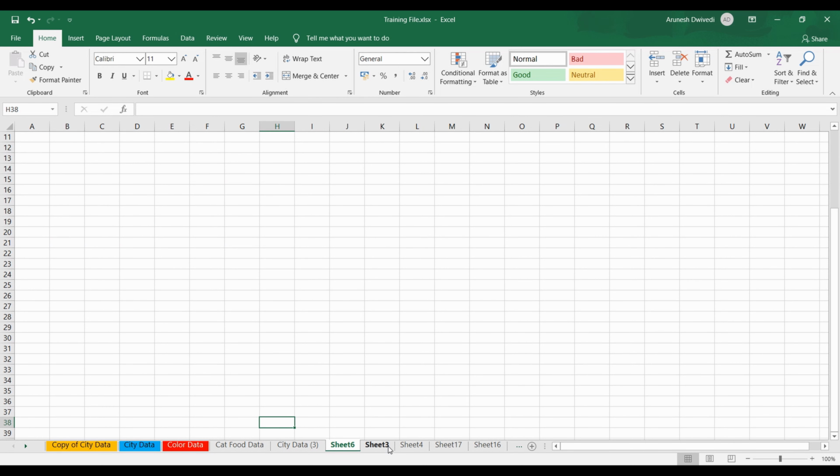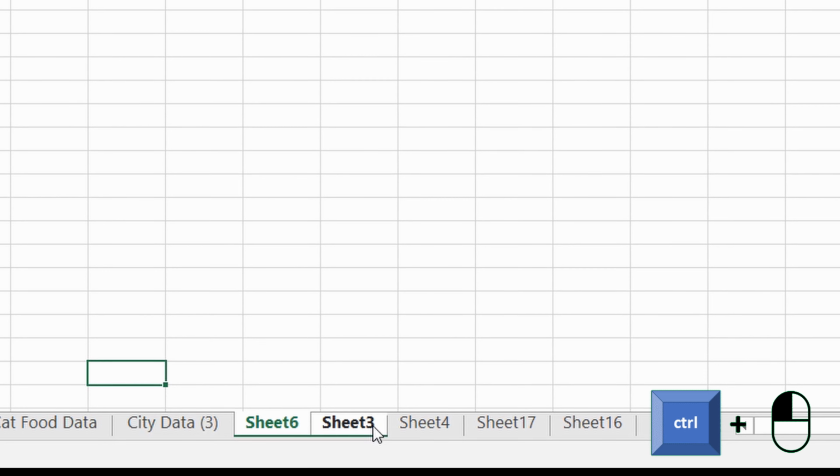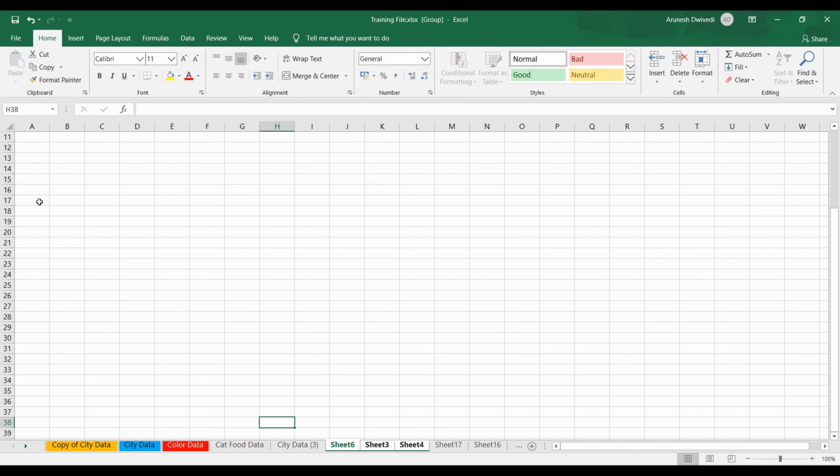An interesting thing about sheets is that if you have 4 sheets containing similar data structure, similar type of data, similar rows, similar columns, everything is same. Let's say you are creating a scorecard for different students within the same Excel file. There are 3 students in your class, and for each student you want to put the marks against the subject, the total marks, the marks obtained, and the name of the subject. This structure is going to remain the same across all the 3 sheets. Then in that case, you don't really need to prepare the structure 3 times. What you can do is, using the Control key, you can select all the 3 sheets. Now you will see that 3 sheet tabs are white here. That means that these 3 are selected, and you can make changes only at one sheet.